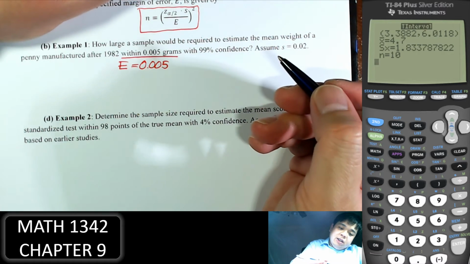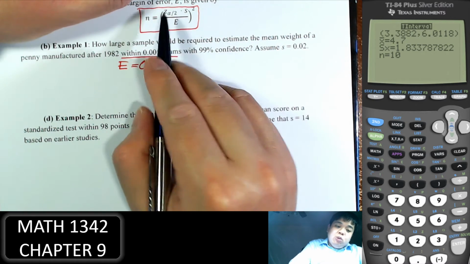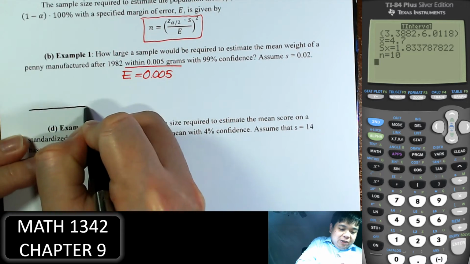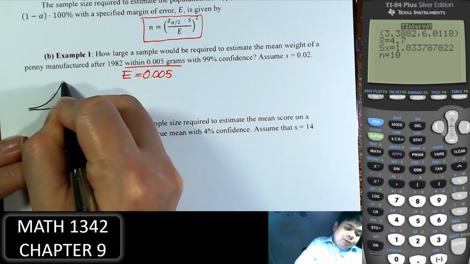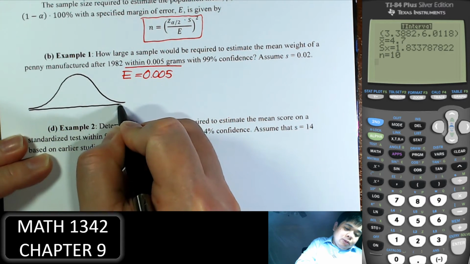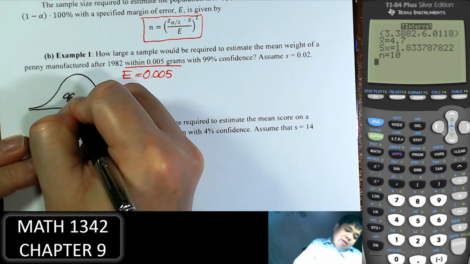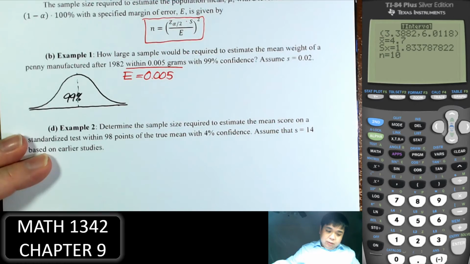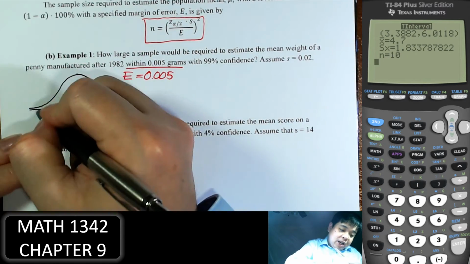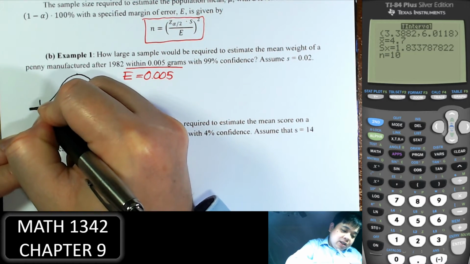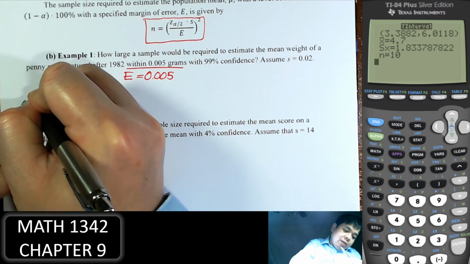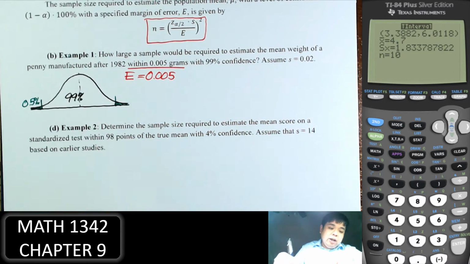With 99% confidence. We use that to find Z. We did that multiple times, right? 99% in the middle means the tail end will be 1% on both ends together. So one end will be 0.5%, and we can find the Z